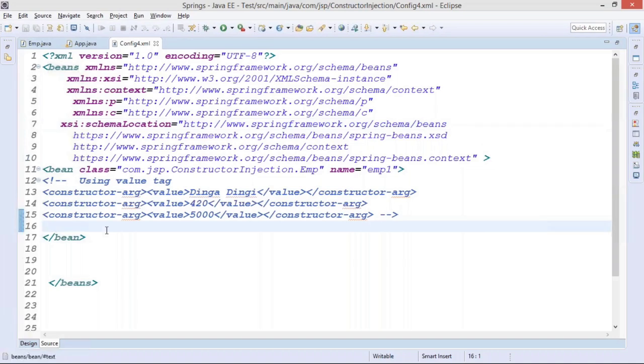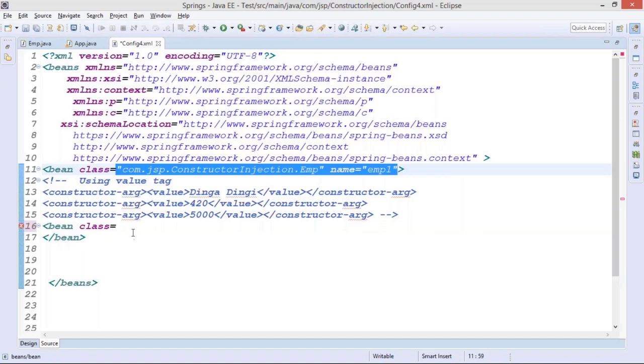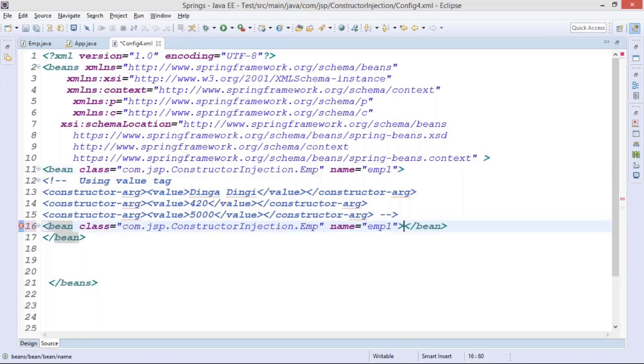Nothing great, guys. What you will do again? You will pass here bean class equals to, and you will pass this complete thing here. But currently we will use the c schema, guys, so here itself we have to pass the value. So we can say here c colon and the property name, and we can pass the value same as for your constructor. Whatever properties we have after the bean name,